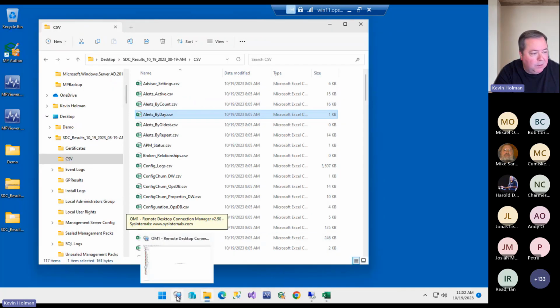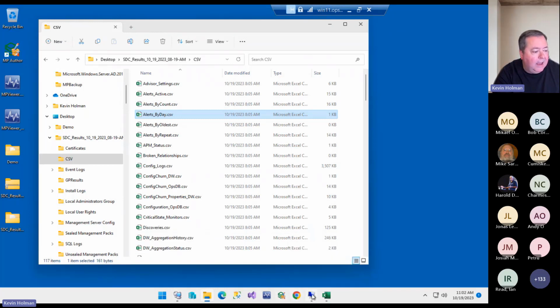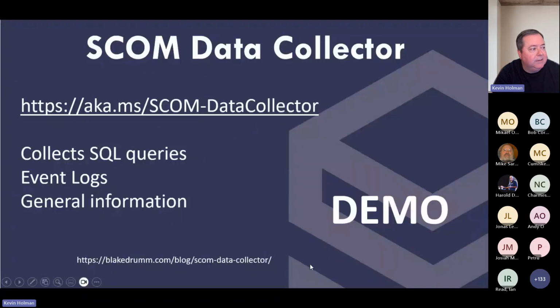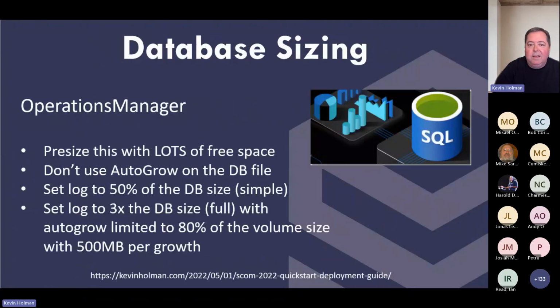That's a tool that you can add to your toolbox, and I'll reference it a little bit today as we go through this exercise. All right. So on to the topics. I have about 15 of the most common issues that we see still happening in new deployments, existing and old deployments. Database sizing. So the best practice for the operations manager database, not the data warehouse, it's a little bit different,